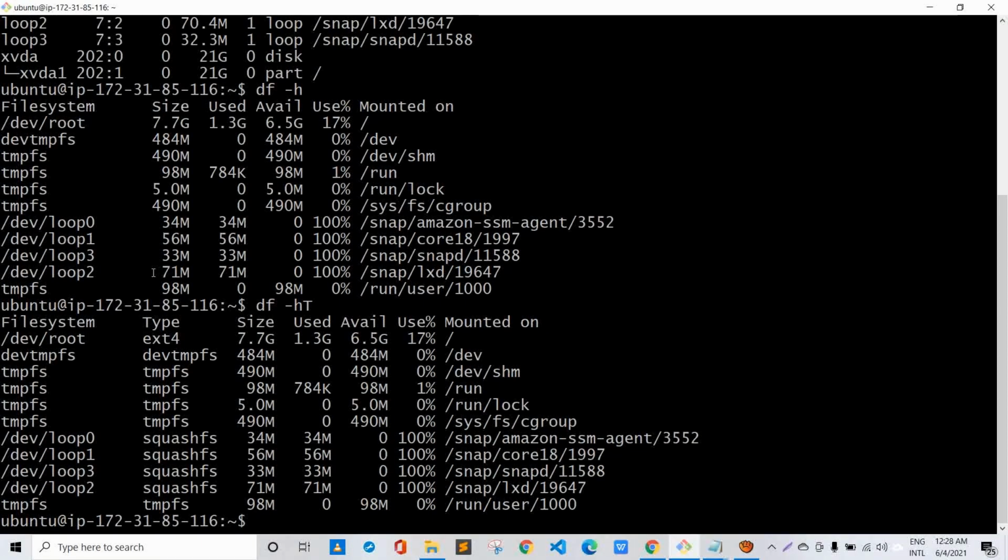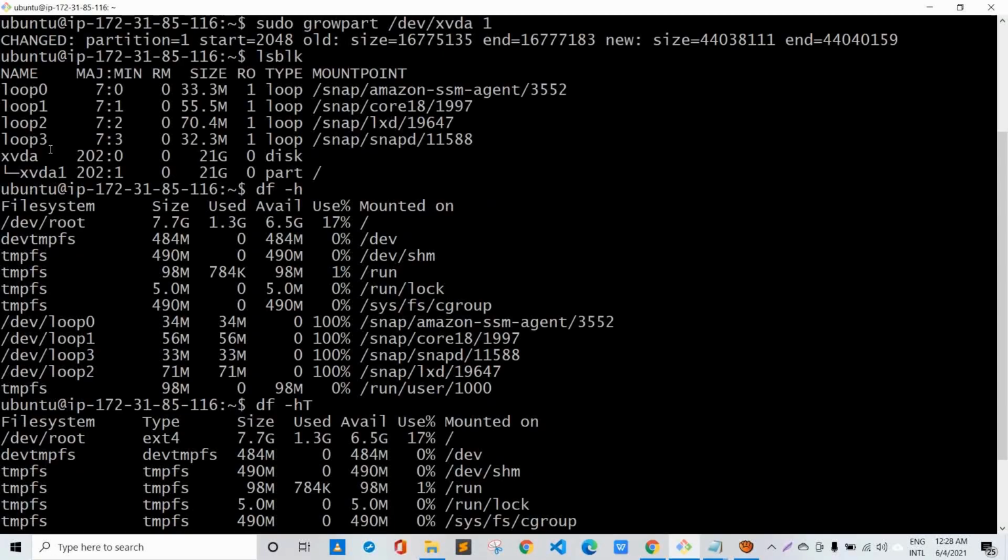So as our file system type is ext4, we'll be using the following command to reflect changes at the df -h level. So the command is sudo resize2fs and the path name, that is /dev/xvda1.